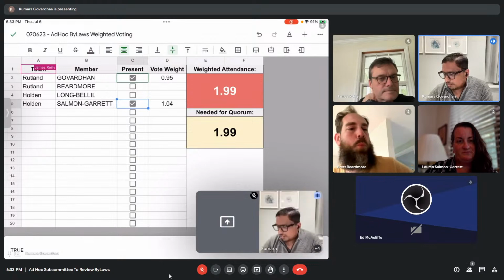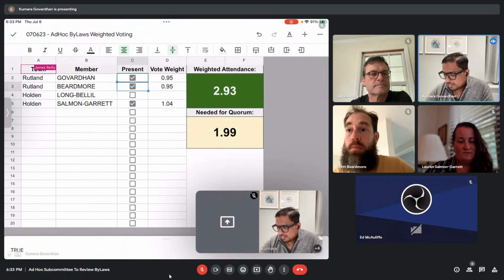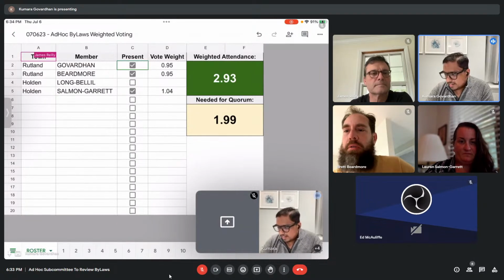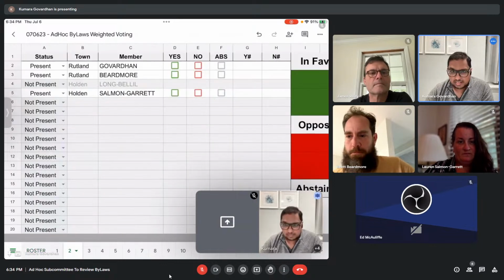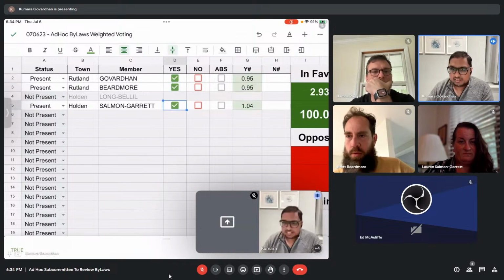So just a couple things. For attendance sake in the beginning, when using these spreadsheets, you always want to make sure you check off who you have. So there we go. That brings us well over quorum. We're going to hit accept on that. And then this tallies up our votes. Let's say we all voted yes and said today was Thursday and nobody said no. And there we go. That puts our numbers together.